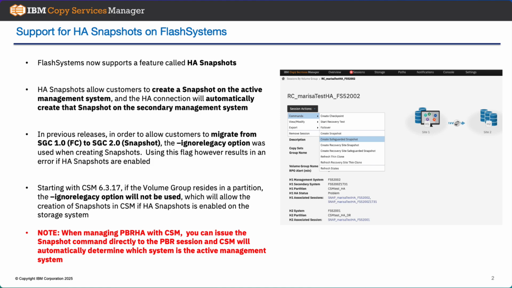The first one is simply support for the HA Snapshots feature on Flash systems. So Flash Systems has had PBR HA capabilities for a little bit now. CSM supports PBR HA, but they've added in a new snapshot support where if you take a snapshot on the active management system, they will actually automatically replicate that snapshot to the secondary HA system. And so this all happens automatically. In case there's a swap, an unplanned swap happens, you have the snapshots, you have the data still there at